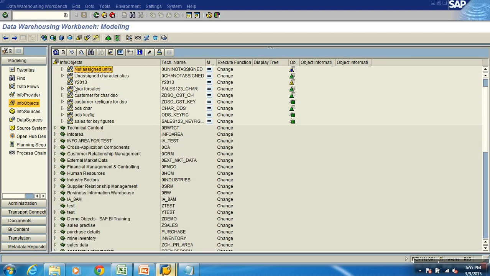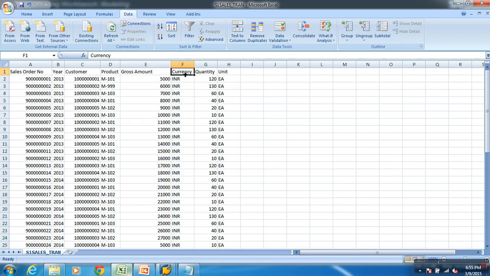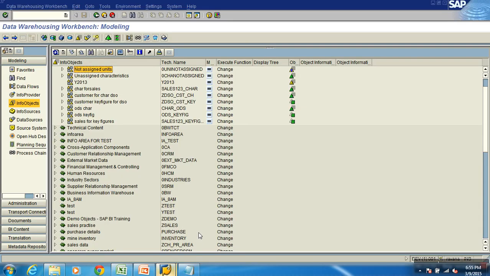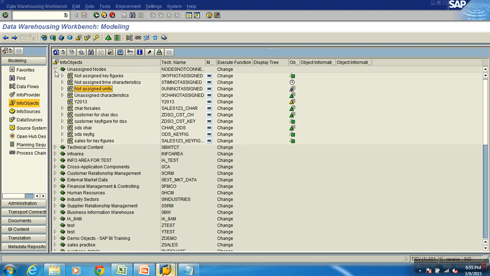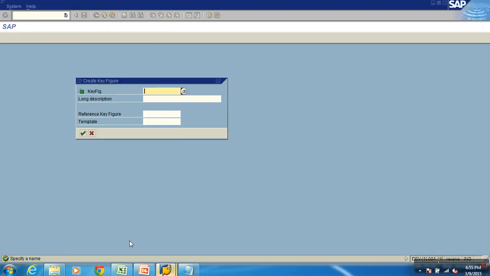Okay, was done. So now once that is ready, once this unit characteristic is ready, now I can start creating a key figure which is associated with this bus. Okay, now let me create this key figure. Let's see how do we create a key figure. Can I create my key figure on my catalog bus? Key figure catalog. Now under which catalog will I get in? Key figure catalog, right click, say what? Create info object bus. Say what? Z.